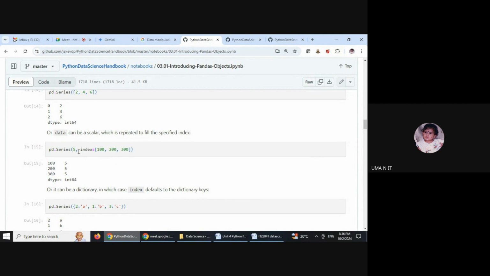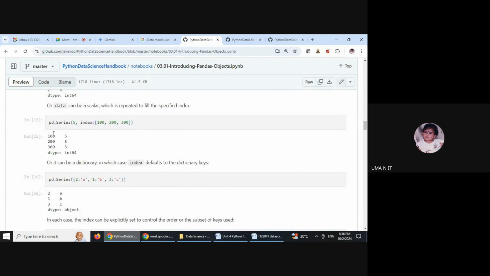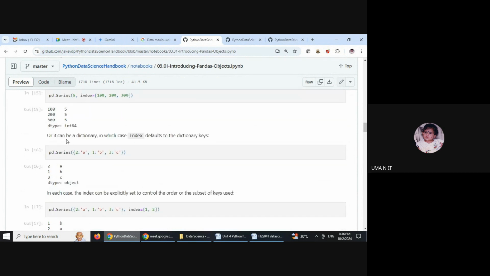So pd.Series, the value will be 5 for all the indices which we specify. The index values are 100, 200, and 300. That's what the output shows: we have three index values, and the data will be the same for all the indices.